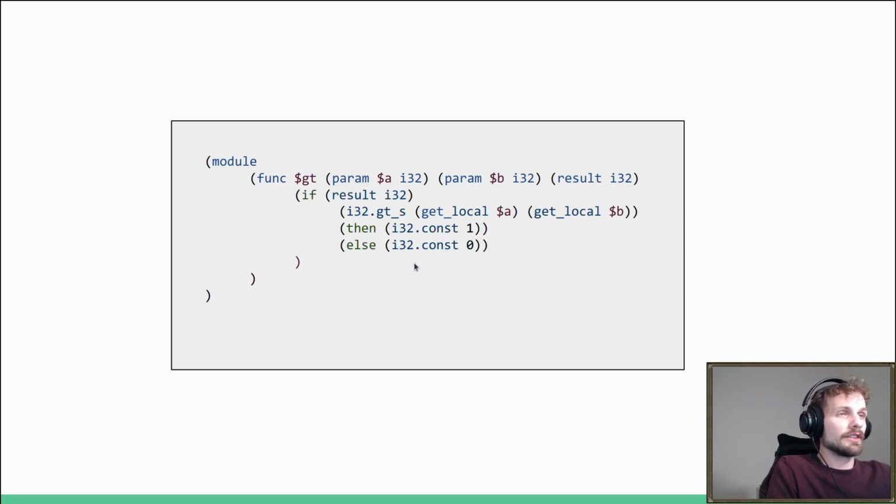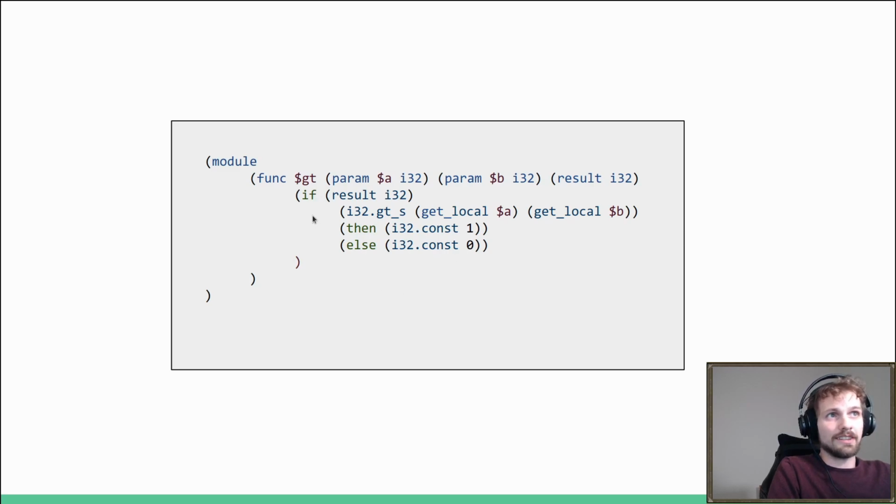Let's look at something different. Branching. So this function checks if the first parameter is greater than the second parameter. If the first parameter is greater, then we return 1. If not, we return 0. So the function consumes 2 elements from the stack, produces 1. So first, when we call the function, 2 elements are deleted. And again, we start from the empty stack here.